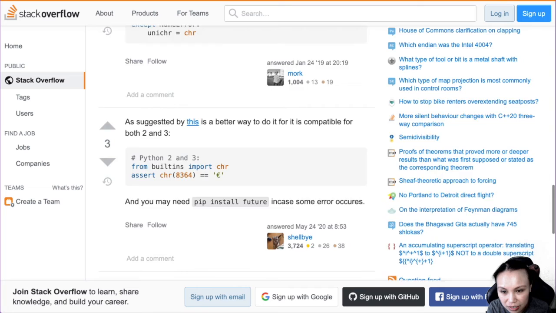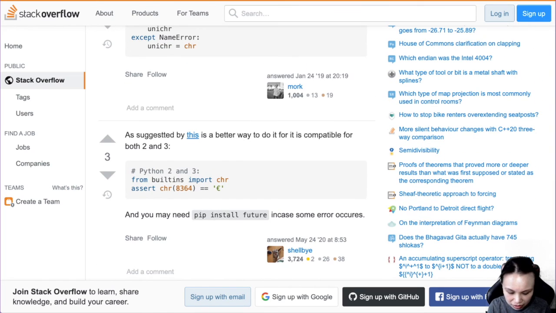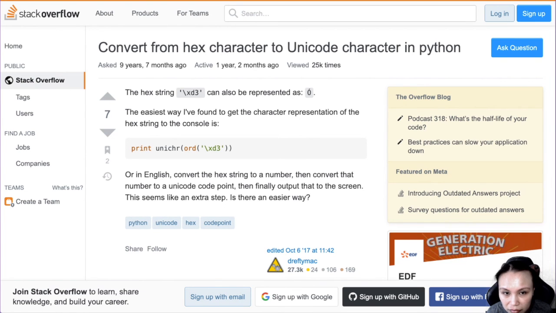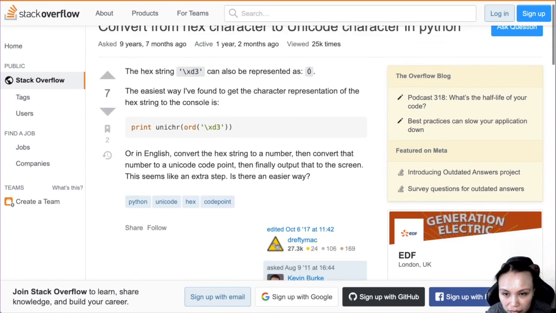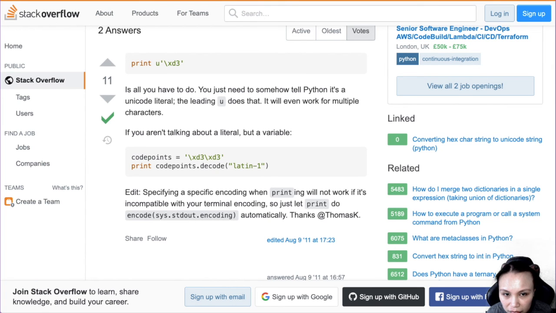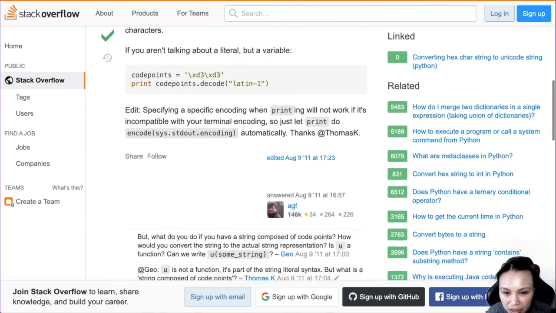Yeah. It's a Unicode literal, but the thing is, like, I have.